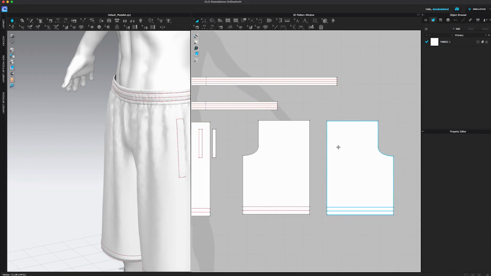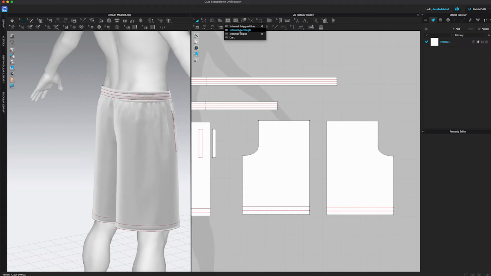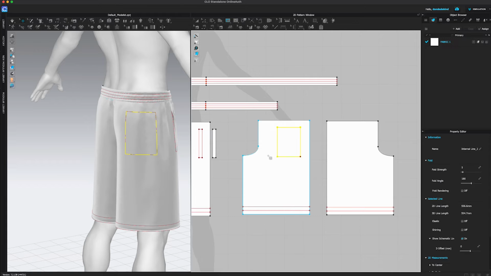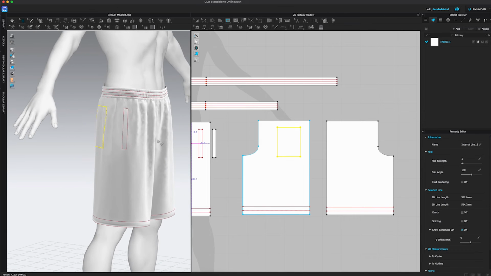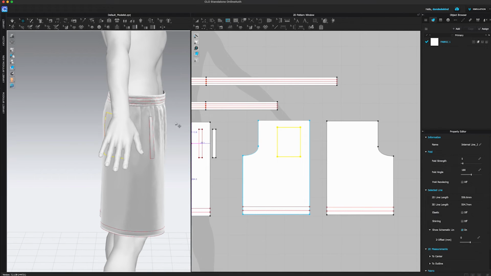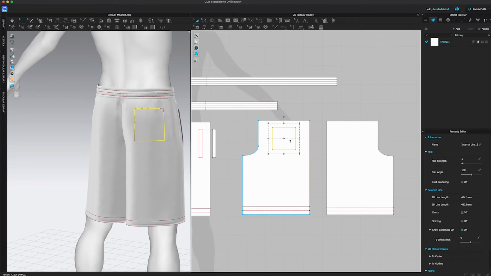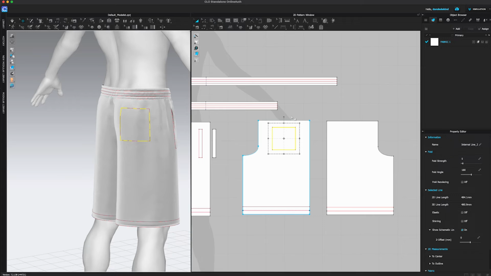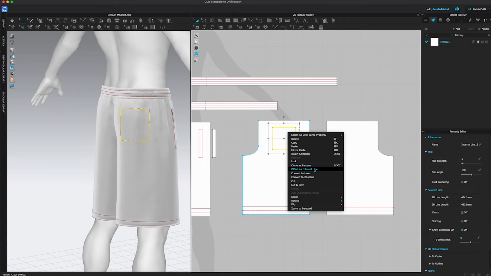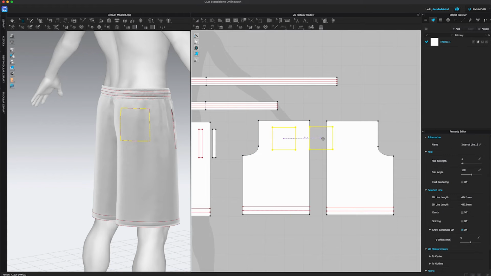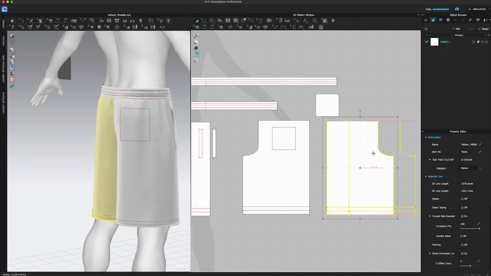side of our pants. We're going to do the exact same thing. We're going to use the internal rectangle tool to create this. You can easily just drag and drop to create the base shape. You can see it's almost up against the seam here, but I'm not going to make it like that. I'm going to center it a little bit better and bring it up a little bit to make it more of a box shape. We can right click and say clone this pattern, and I'm just going to paste this